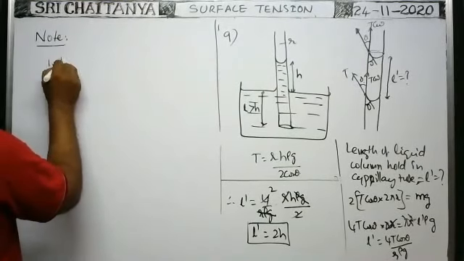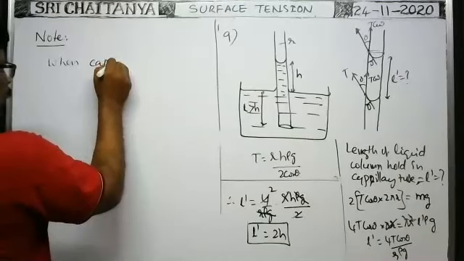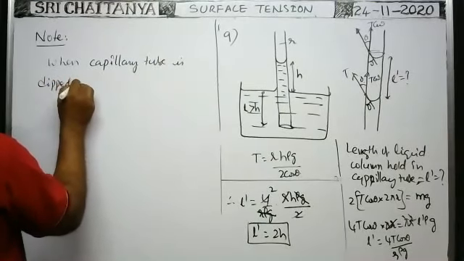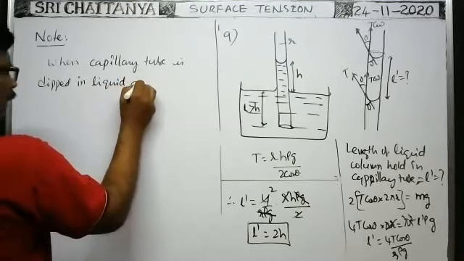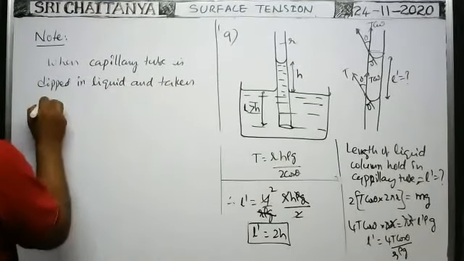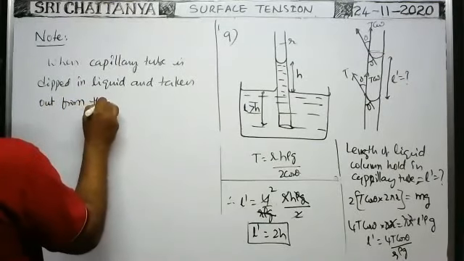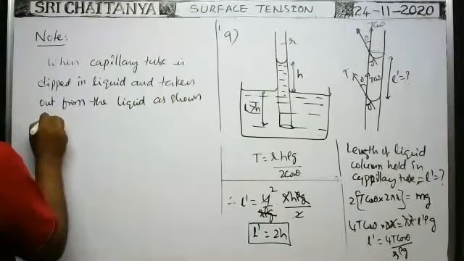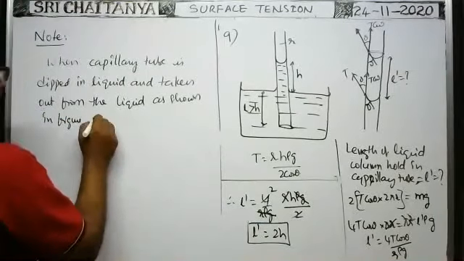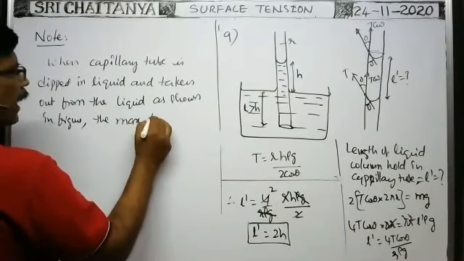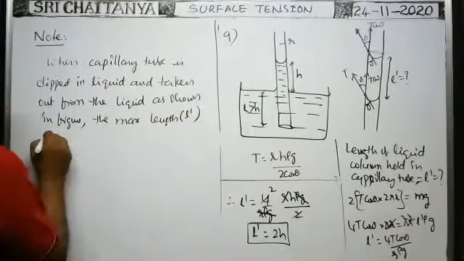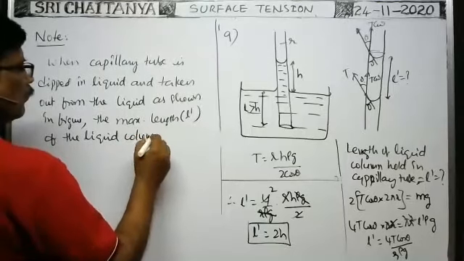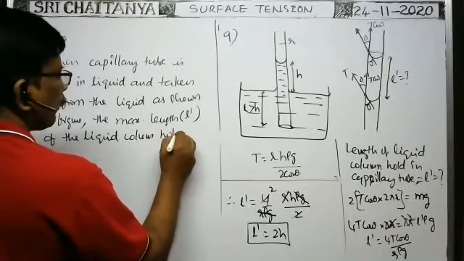Therefore, when a capillary tube is dipped in liquid and taken out from the liquid, as shown in the figure, the maximum length L dash of the liquid column, the maximum length of the liquid column held by the capillary tube,